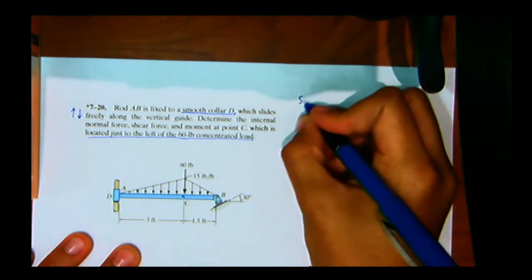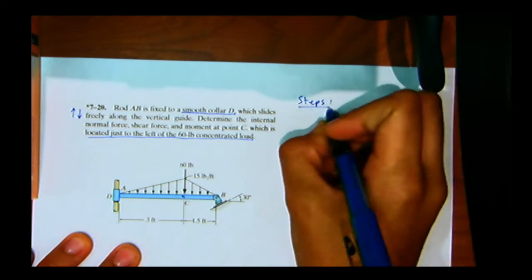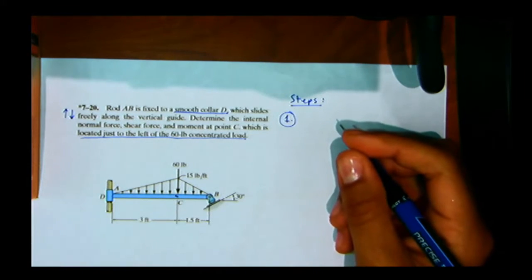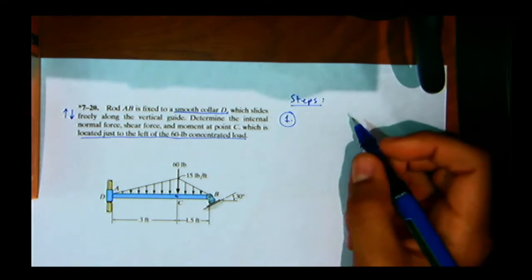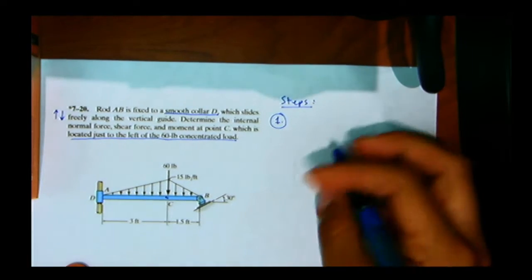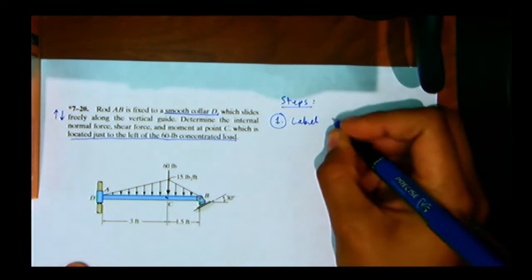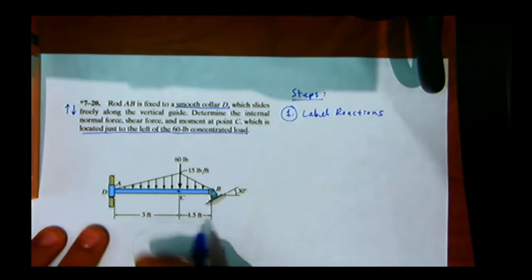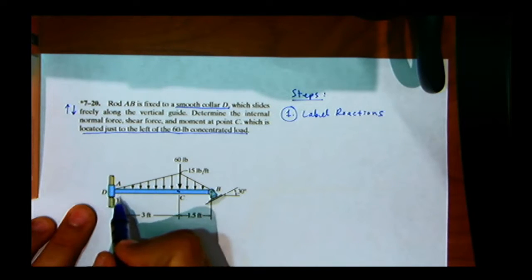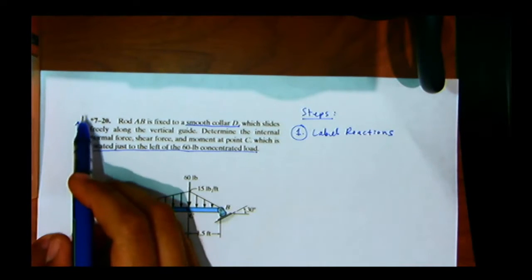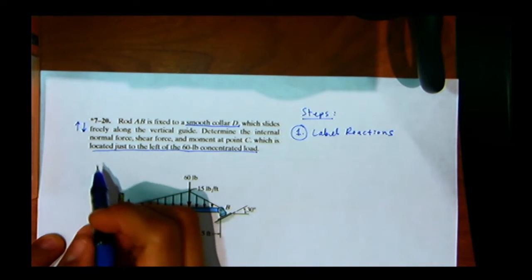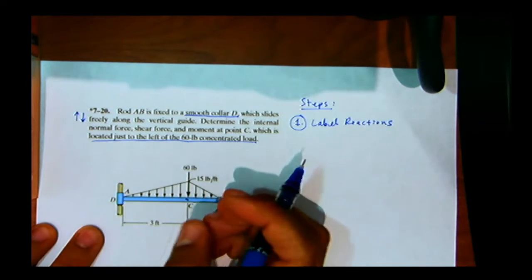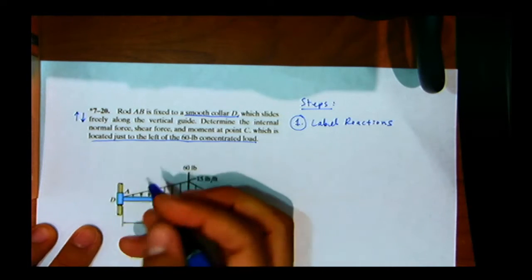All right, let's look at that smooth collar D. So it allows you to go, looks like it allows you to go up and down, right? And our reactions, we know that our reactions are the ones that it doesn't allow, right? So we're going to have a reaction like this, going across the x-axis, and then we're going to have a moment, right? Okay? Let's see what else we have. We have an angle, and that's going to be problematic a little bit to understand,